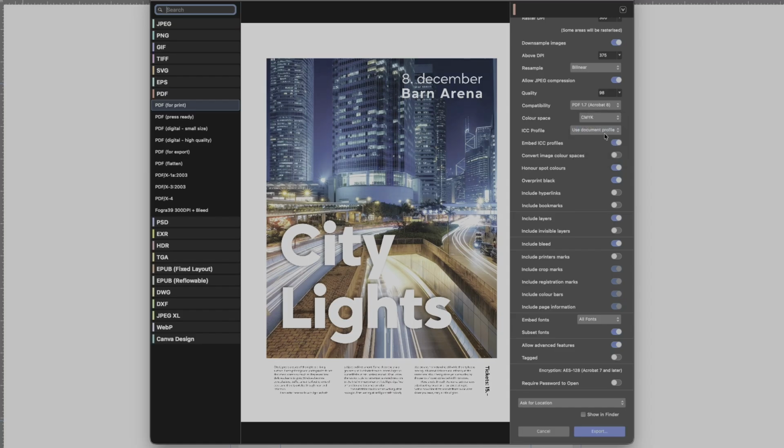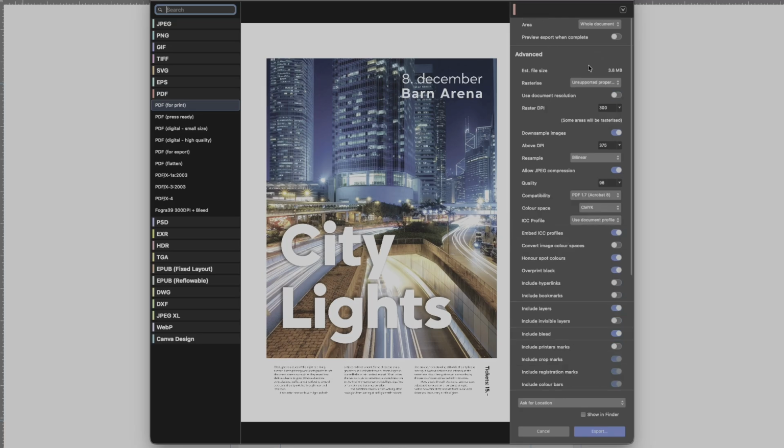So for tutorial purposes, let's make one print file. What I usually do is preview export when completed. I tick it on. I leave rasterize as is, raster DPI 300 for printing. Quality, let's put it at 100. Compatibility, I choose PDF X-1a 2003. CMYK.